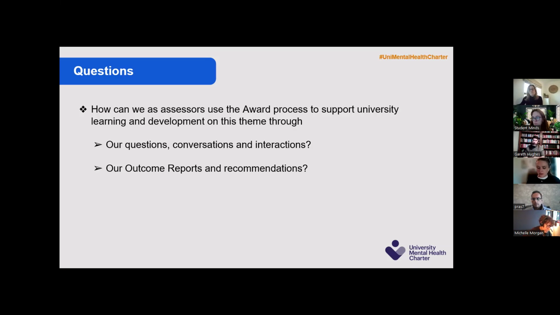But to come on and think about the questions that we ask, that question about the strategic rather than the what is it that you do, which I think is generally what we're getting from universities. We do these activities, but instead to ask that question around what's your strategic approach? Is there a strategic approach? What's the thinking? What's the evidence behind that? What evaluation are you gathering to understand what you need to do? I think that is really important.